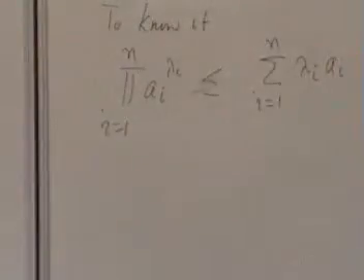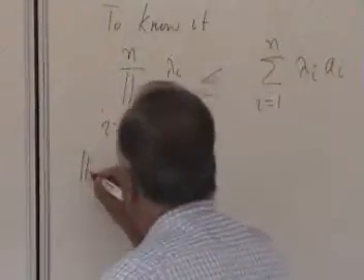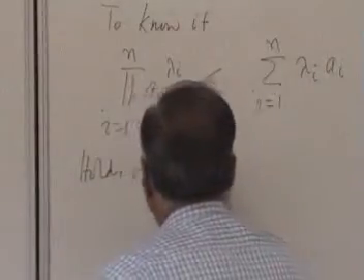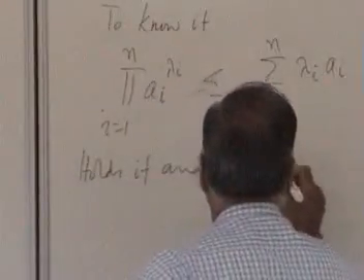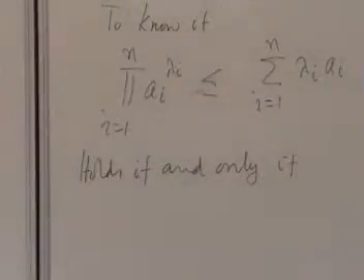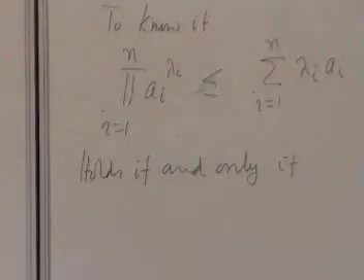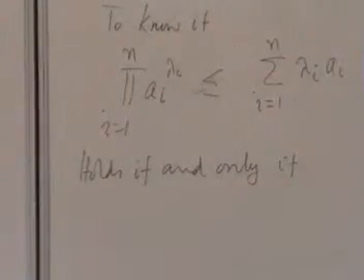Now, this holds if and only if, suppose I take logarithms on both sides. What happens? If a number x is less than or equal to y, then log x will be less than or equal to log y, and conversely if log x is less than or equal to log y, then x will be less than or equal to y, because log is a monotone function. Okay, so since log is a monotone function,